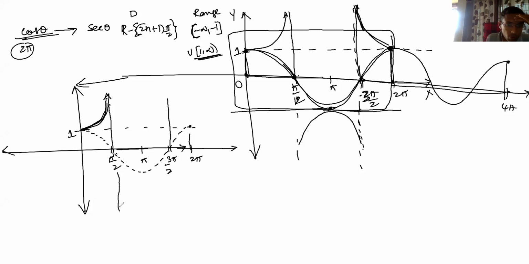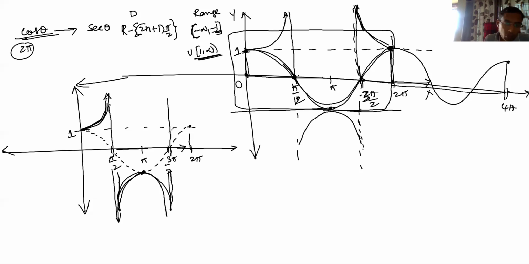When you come to second and third quadrant, it's going to be negative. Negative means what? Maximum is minus 1, minimum is minus infinity. So minus 1 to minus infinity. Again second quadrant, again third quadrant also the same like this. So it's going to be like this, exactly like this.